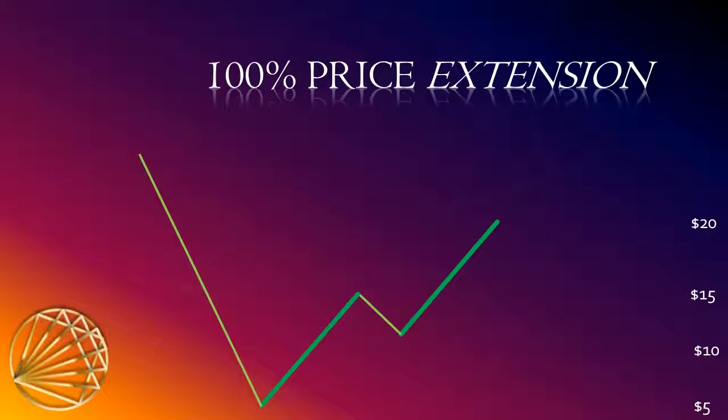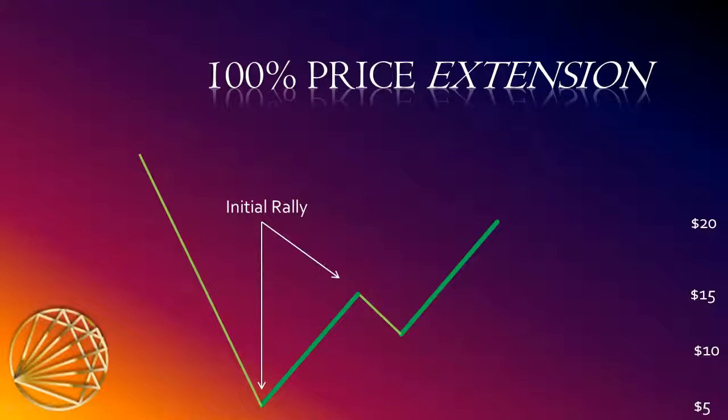Notice that the first rally against the downtrend was from $5 to $15. The price range of that rally is $10. If we were to use a 100% extension, we would wait for a 100% extension of this initial rally. So we would measure, remember geometry is measuring, the length of the first rally against the trend, which is here. So we'd measure that initial rally,